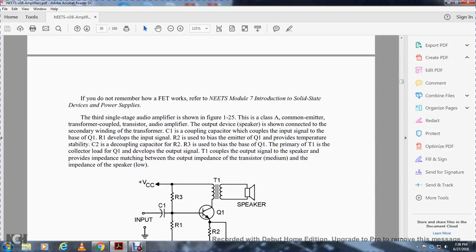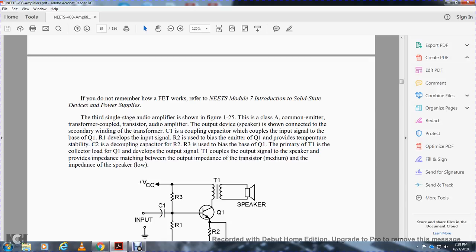The third single stage audio amplifier, shown in Figure 125, is a class A common emitter transformer coupled transistor audio amplifier. The output device, the speaker, is connected to the secondary winding of the transformer. The coupling capacitor couples the input signal to the base of transistor 1. R1 develops the input signal, and R2 provides the base-emitter bias for transistor 1 and provides temperature stability